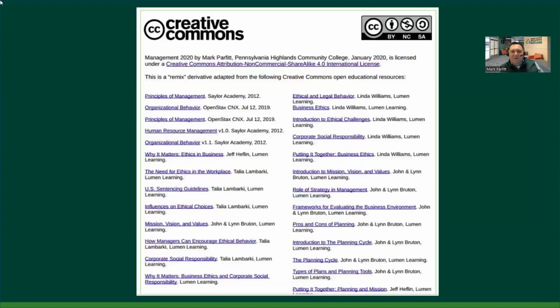You can see this is the management book that I created. I called it Management 2020 because that was the year. And you can see I've licensed it there so other people can share it. That license has to follow a lot of what I use. So below that are kind of all the resources I use to compile this book, and I'm giving